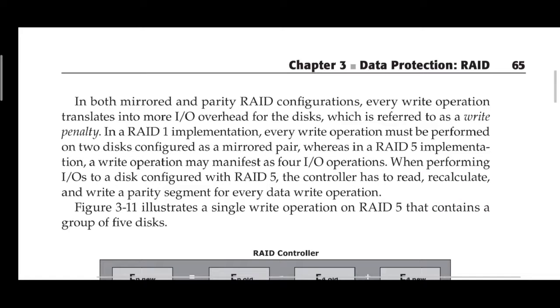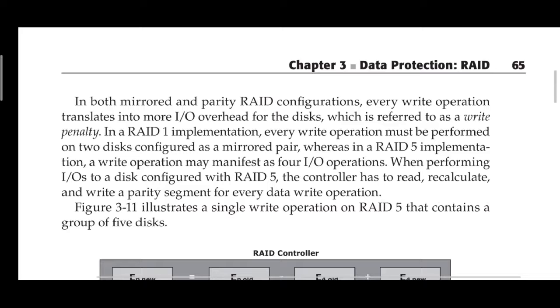In case of mirroring, we need to put in additional effort because copying the data at one location is not sufficient. We have to take a backup and store it in another place, hence it is called a penalty. In case of parity also, there is a dedicated drive which stores the parity value, and each time the parity value of each stripe is computed and stored on that parity disk. So you are supposed to perform an additional write operation, hence it is called write penalty.